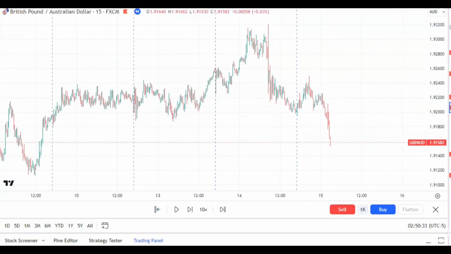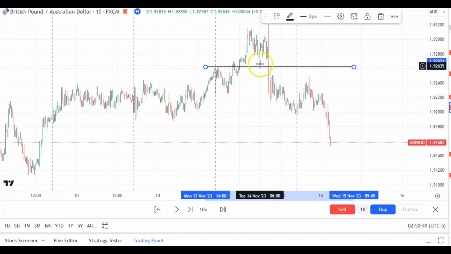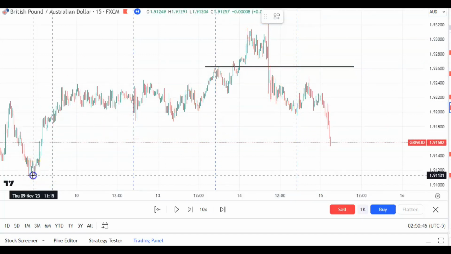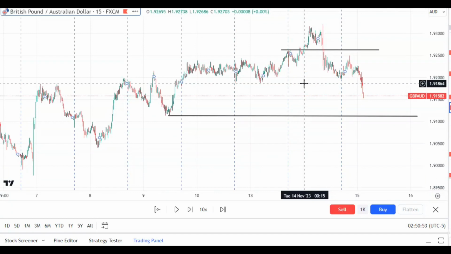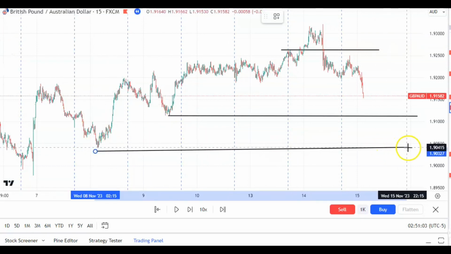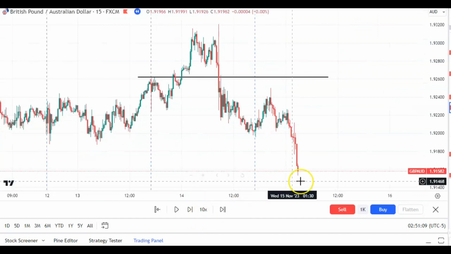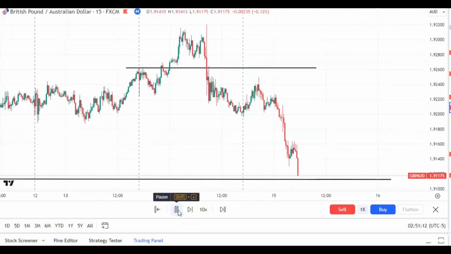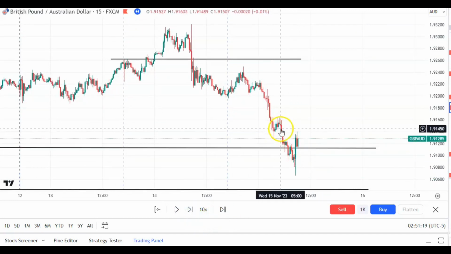Alright, so if we look at the pound Aussie, this was a good setup because we have Monday setting the opening range, Tuesday initial balance broke out, failed breakout, but also closed as a fast trade day. So I was looking for a potential move to either go back to the low of the new week, because we already broke out of it, potentially the low of Thursday or Wednesday. So when I came to the screen at 9, so let's look, it's 2:30, yes, in the New York session,